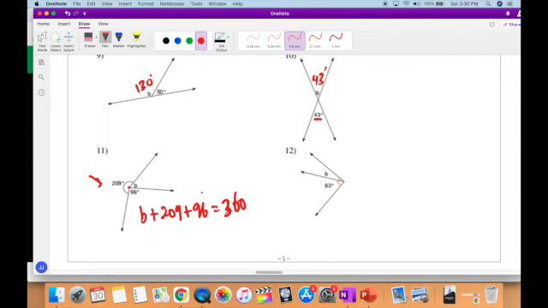So 209 plus 96 is 305. B plus 305 is 360. So B is equal to 360 minus 305, which is